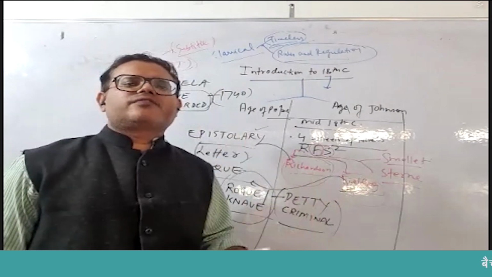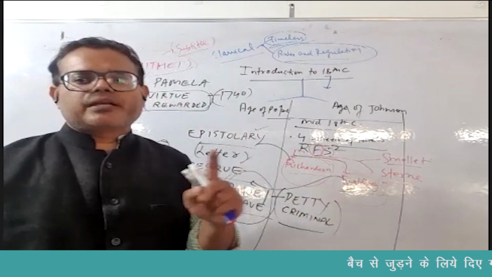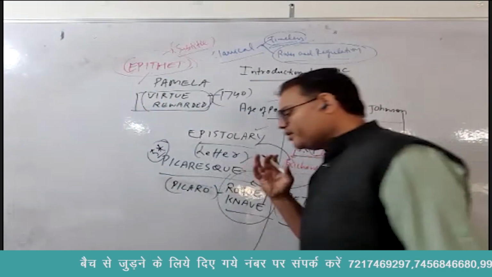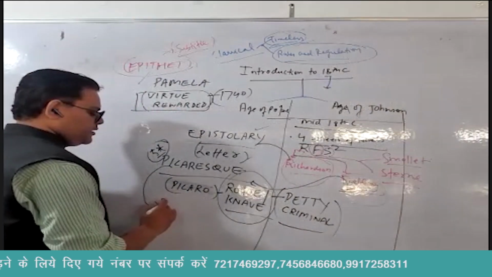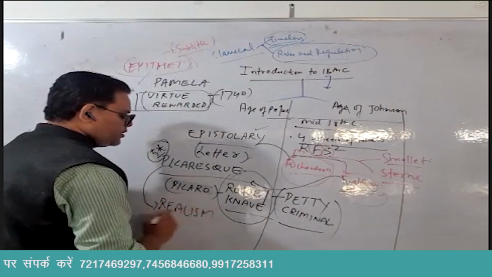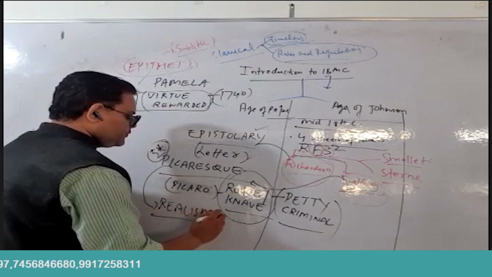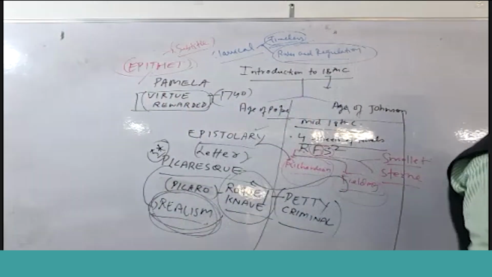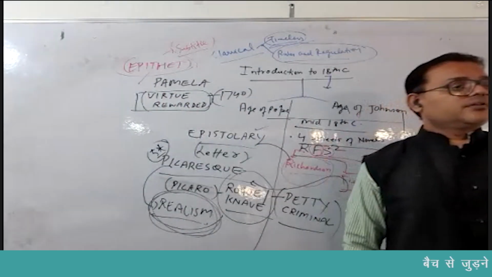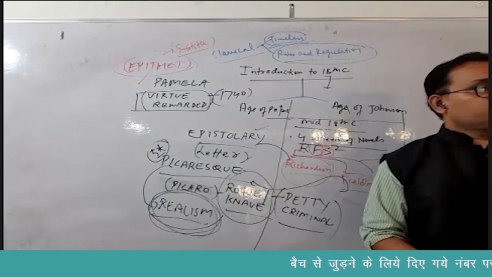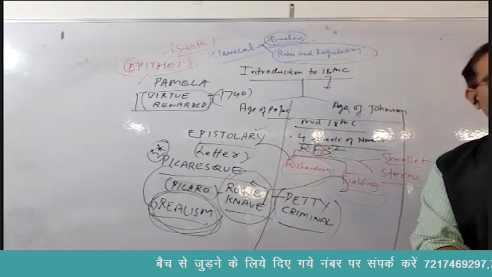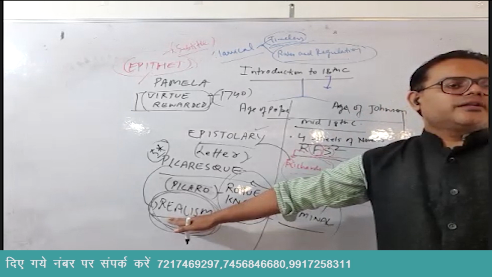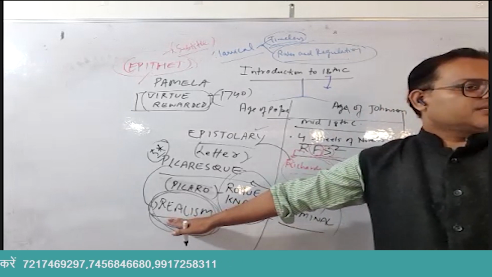Fielding is the father of realism in English novels. Through picaresque characters, he introduced the element of realism. Now, whenever this word of realism comes, it's a very important word. Chaucer, again Chaucer, because of realism. Chaucer, the father of English literature. Before him, also literature was being written. But what element did Chaucer bring different from his predecessors? The element of realism. He called a spade a spade.